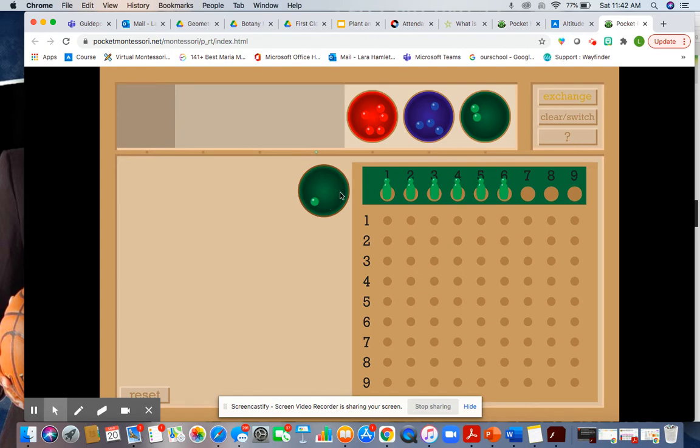When I click Start, it brings my 1,000 cup down, which I know that I can't use. I don't have enough. So I'm going to go ahead and click Clear Switch, because I'll need to start with my hundreds. I know that I'll need to exchange this 1,000, so I'll click on the cup to highlight it and click Exchange. It now puts the thousands into my hundreds. I can click on the hundreds and place them under each Skittle on my division board